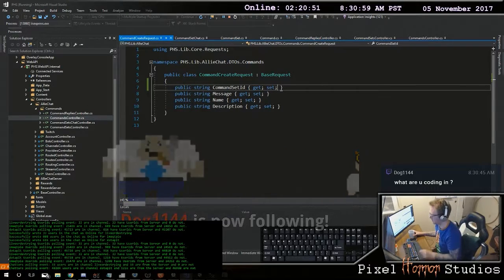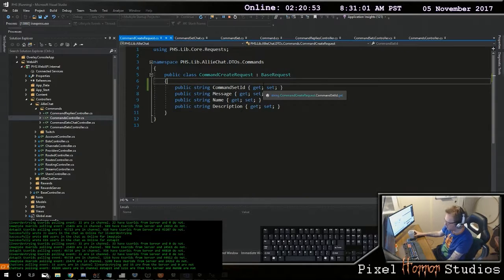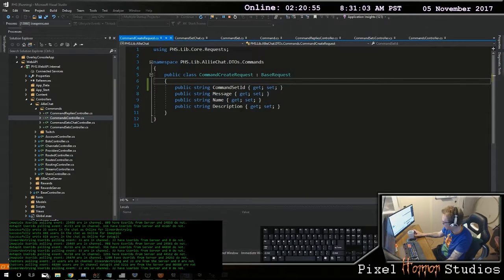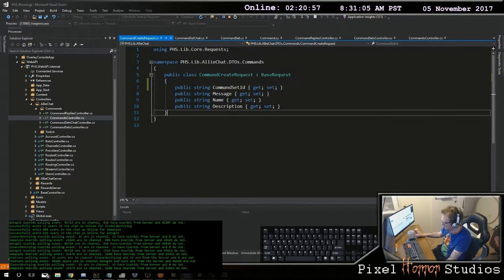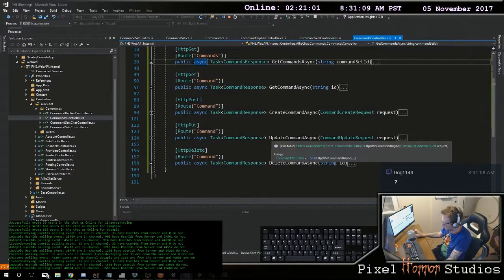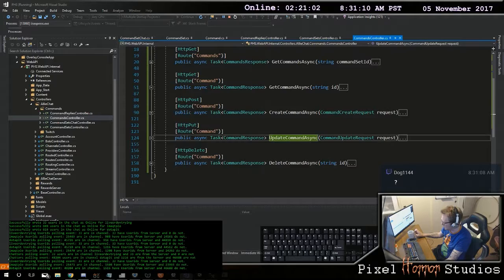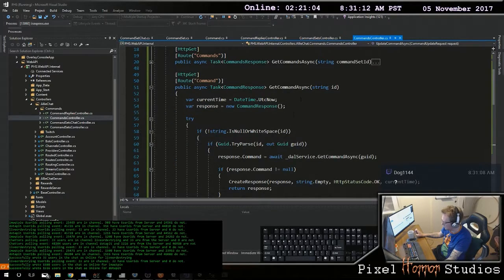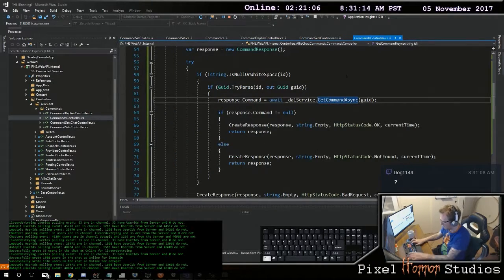I'm coding in C# right now, ASP.NET a little bit too for the front end and the web API. Okay, so this is looking great. I need to make sure that in my pull here for my get command,